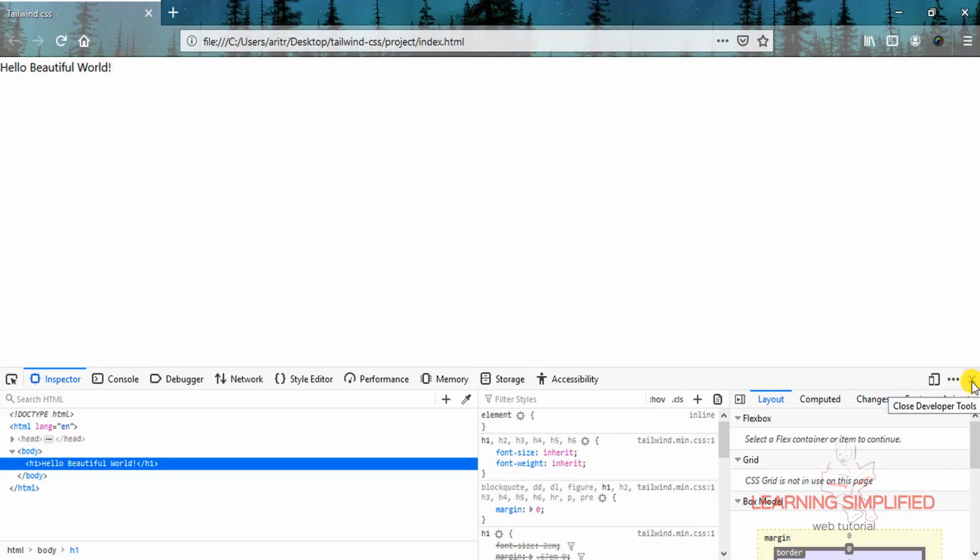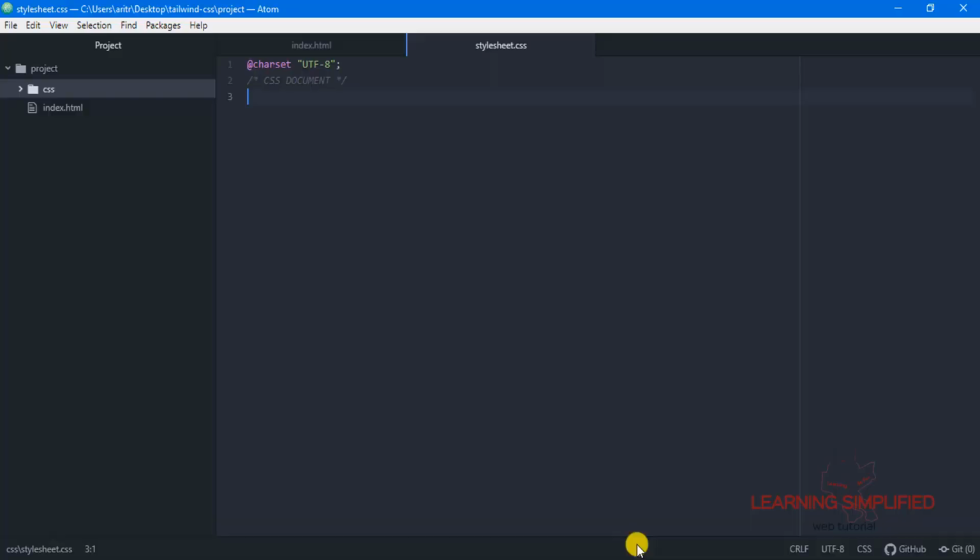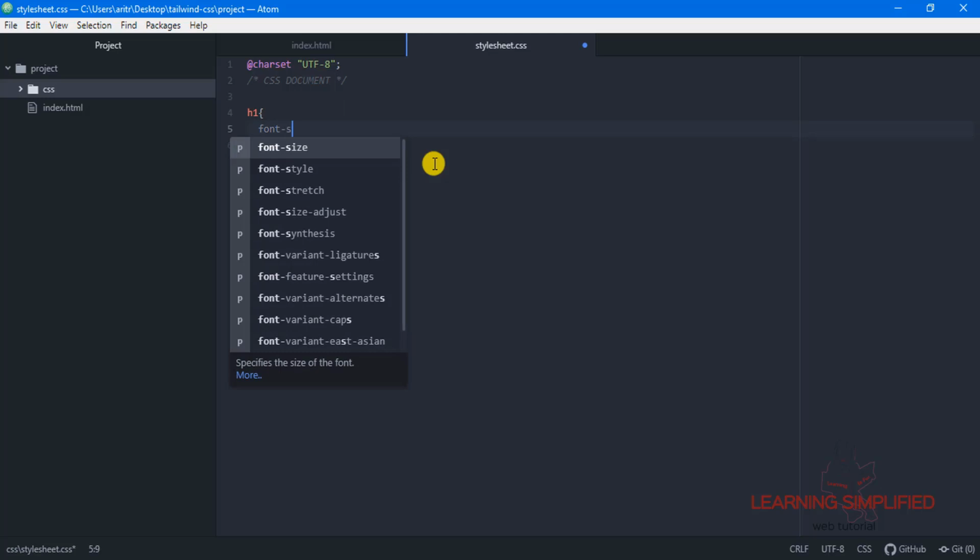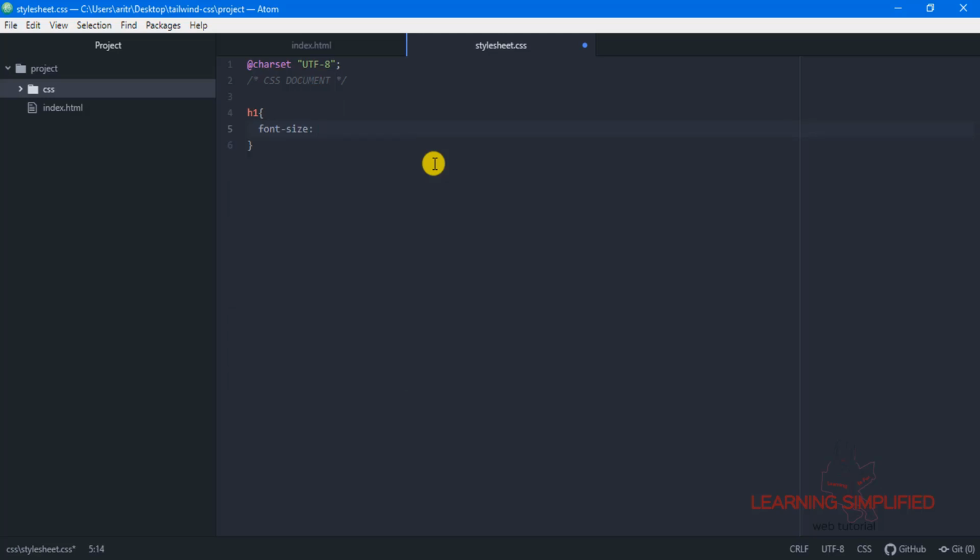So in this very first case, we need to get back to our stylesheet.css, and here we will be defining different font size properties for different header elements.